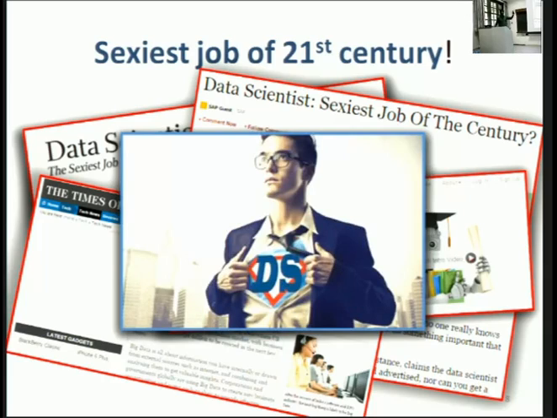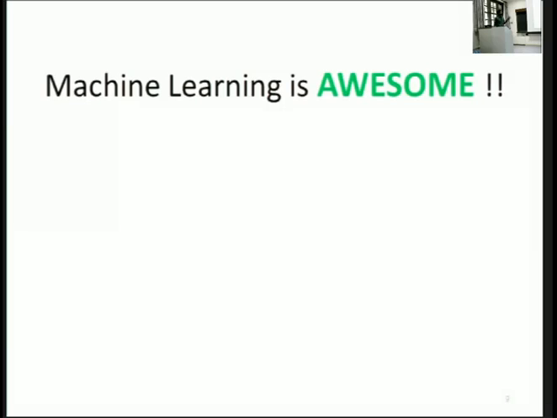So there is so much happening in data science. But the reason that most data scientists and machine learning people work in machine learning is not that we have a good job or that this is the sexiest job of the century. We do it because machine learning is downright awesome. It has a lot of math, a lot of application, and every good thing from every field.